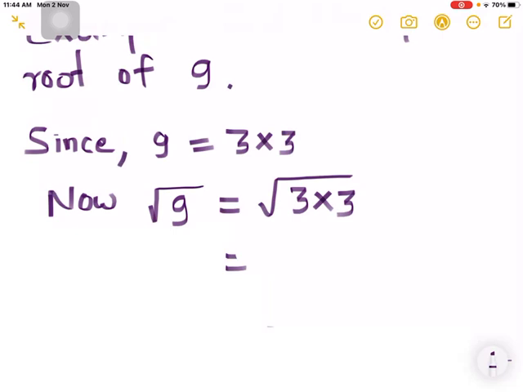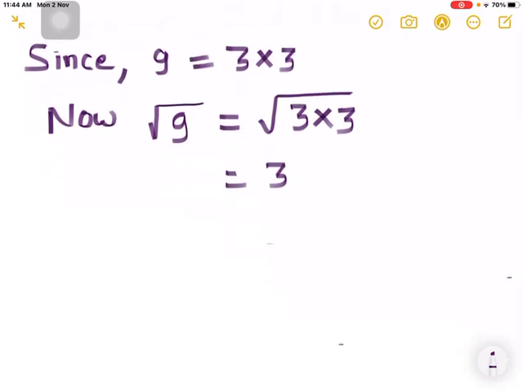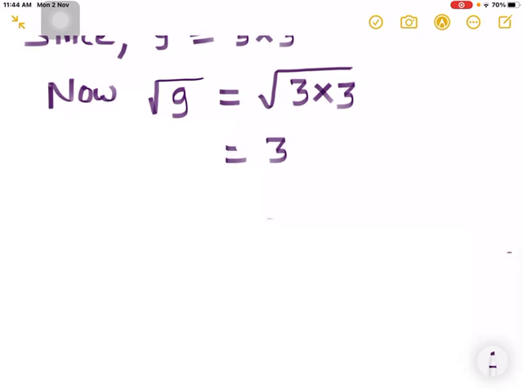3 into 3 means 3 power 2, and the square and the square root symbol cancel. So the square root of 9 is 3. Let us do another example: find the square root of